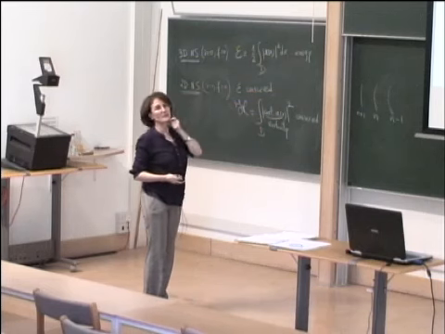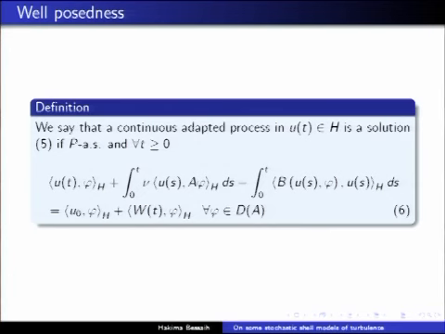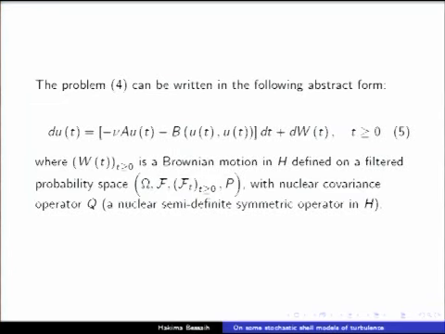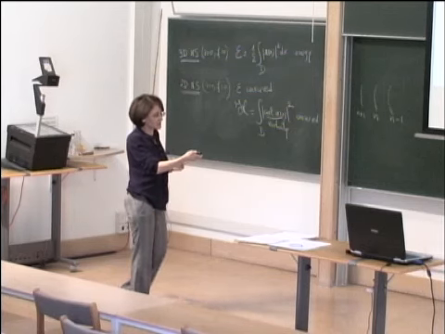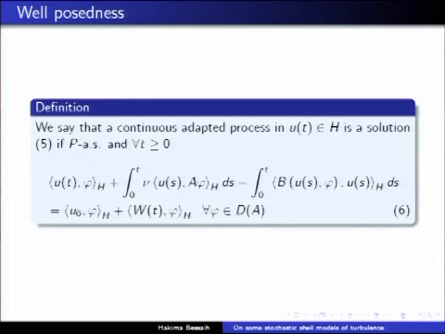So let me, maybe I don't have that much time. Let me just show you what is interesting in this problem. You can think about: is it well posed? What about the long time behavior, etc. So I will just rush. This is a stochastic shell model, additive noise for now. So I can tell you that if W is a given H-valued Brownian motion on this filtered probability space, we can prove the existence of solutions, and I can show you the definition of what a solution means. Obviously, it's all the time in the weak sense,